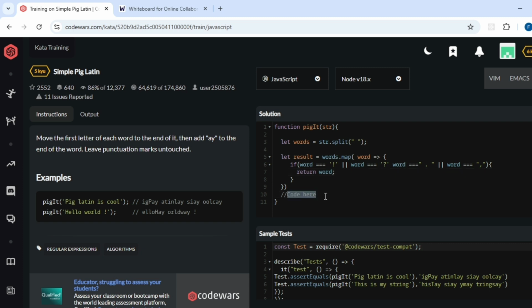After this, let's add a statement for moving the letter and then adding ay. So we will write that in this only, let result only,